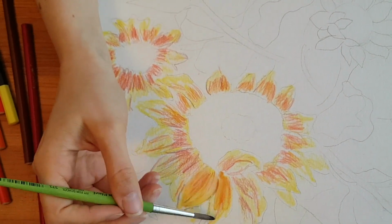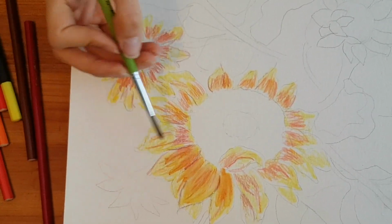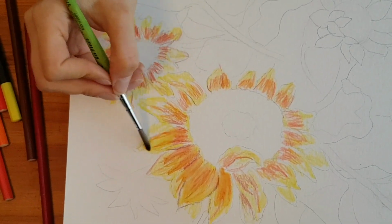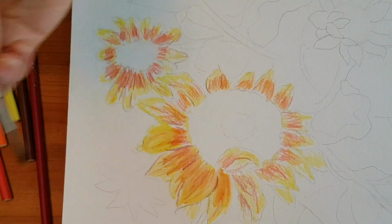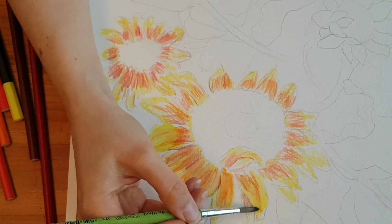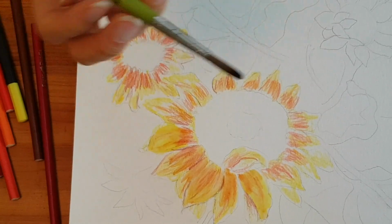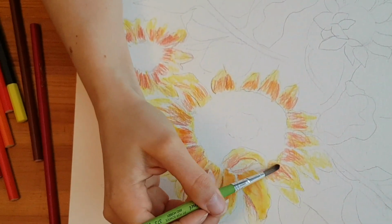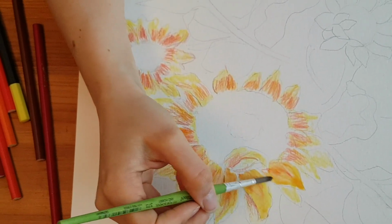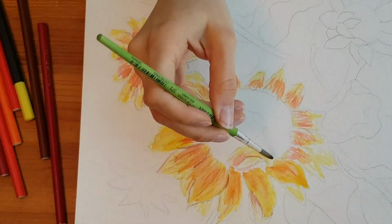As you can see, it's sort of blending my sunflower, making it just a little bit more smooth. Kind of the beautiful effect of watercolor pencil. And depending on which direction you go, if I bring the yellow this way, it'll keep the yellow more vibrant. And you'll notice I'm kind of dipping in the water between to sort of clean my brush. But if I bring the orange this way, it'll actually bring the orange into the yellow. And you won't have as much yellow on the tip, so it depends what you are looking for. Again, I'm going to clean my brush, so then when I go back down to this yellow,